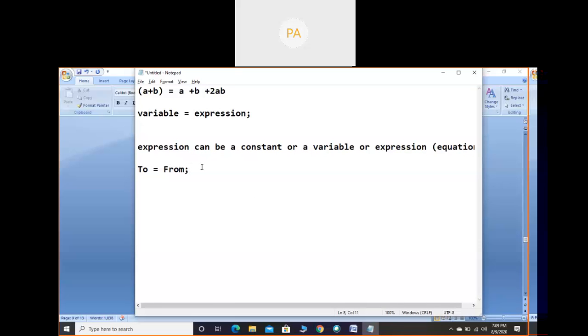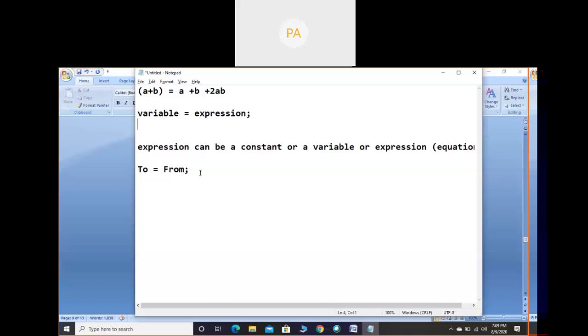So in case of left hand side in LHS, remember, you should write always variable. You cannot write a constant, or you cannot write an expression. Okay, only variable is allowed. But on the RHS, you can write a constant or a variable or an expression. So whenever you use assignment operator in a statement, in addition to this formula, you just remember this formula also. But in academics, when they ask in the exam, you need not write this formula 2 equals to from. If you write only variable equal to expression is enough.